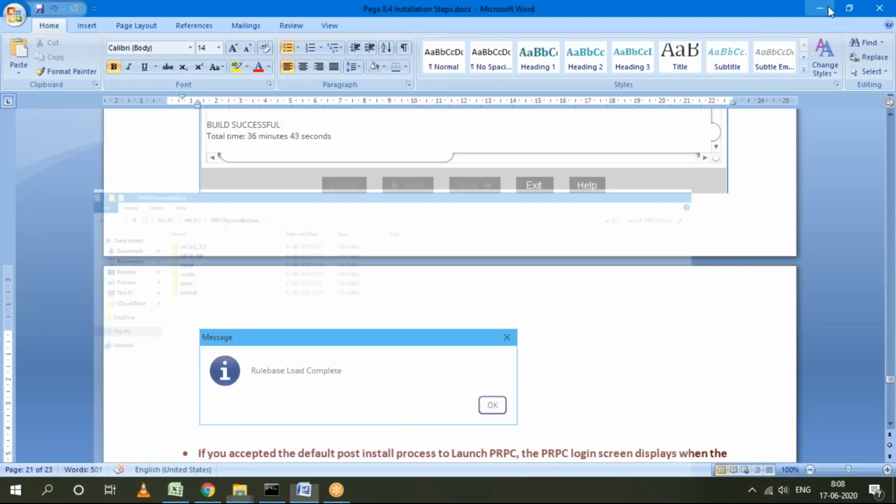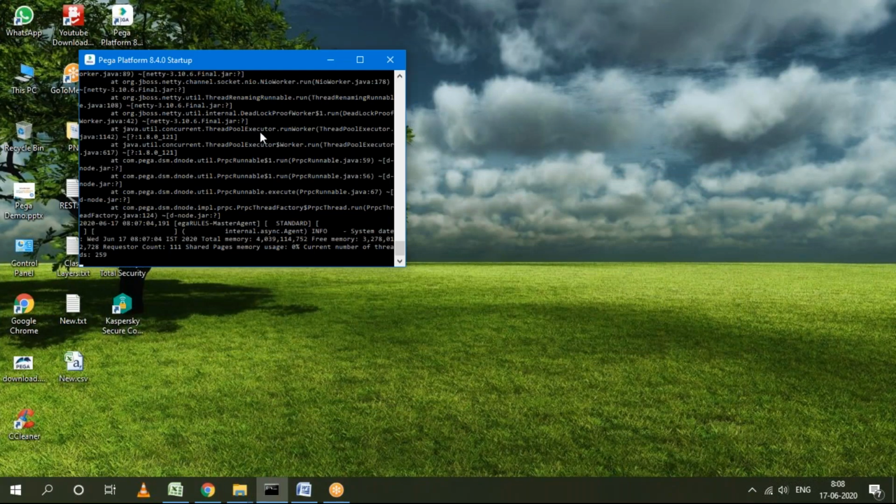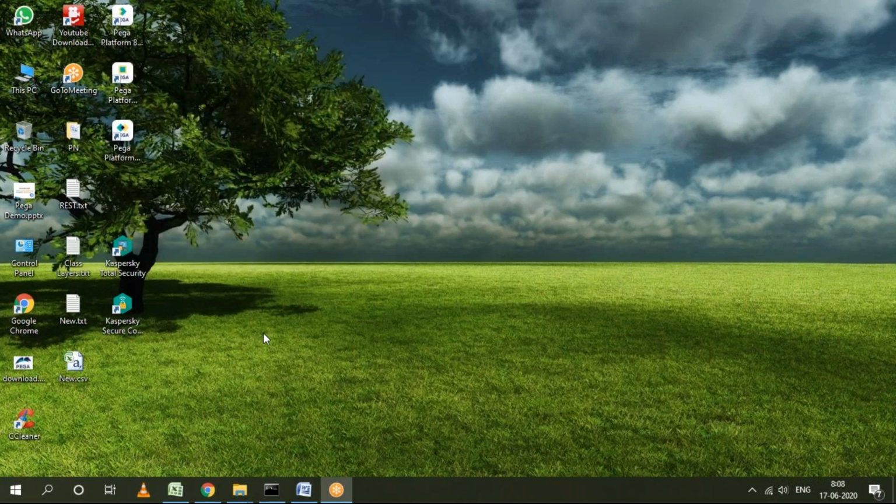When you install this application, in the background the startup platform will be running. In the command prompt, some platform server will be running. If you want to uninstall, first of all, three icons will be created on the desktop. First I'll discuss these three icons, then I'll discuss the installation process. When installation happens, three icons are created: a startup icon, a shutdown icon, and a login icon.